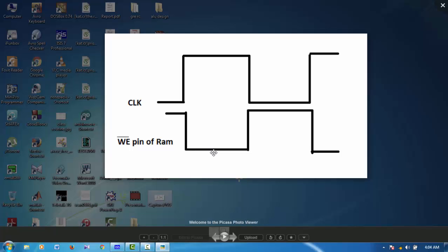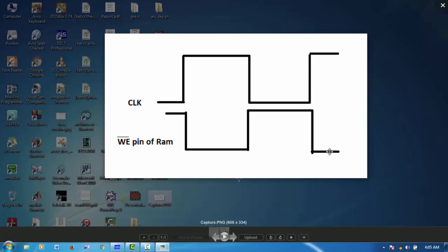Now before another address and data come to the RAM, the datasheet of RAM suggests that the write enable pin should be disabled between this time. Now the data and the address are available in the next positive clock pulse. Here before this we have disabled the write enable pin of RAM. Now when data and address for the next phase are available, we again make the write enable pin lower,